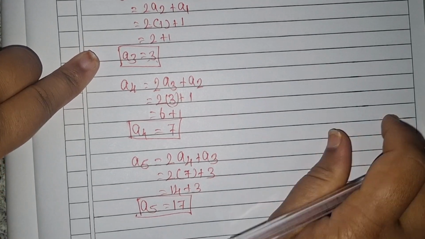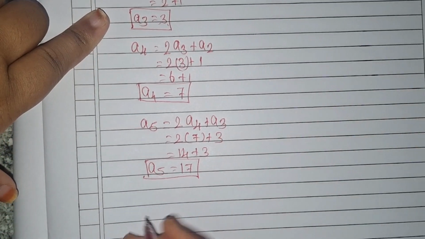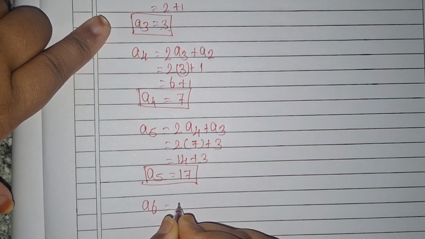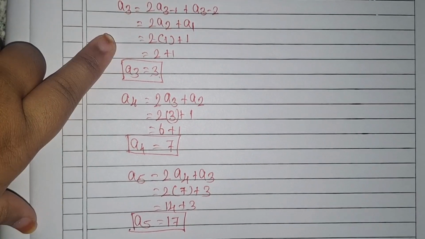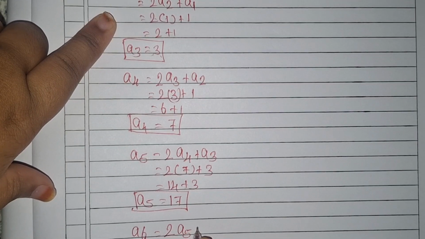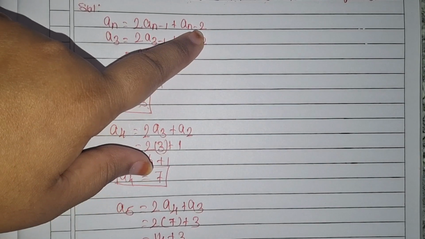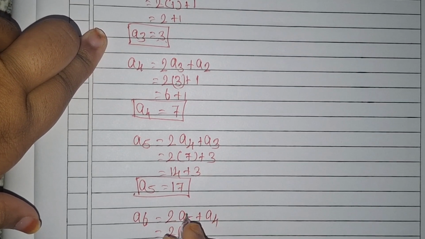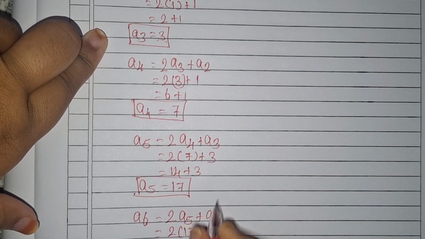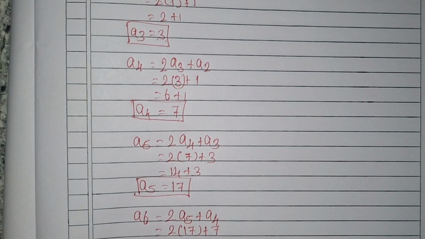Next, a6 is equal to 2. If we apply it, 6 minus 1 is 5, a5, plus a 6 minus 2 is 4, a4. 2 into a5 value 17, plus a4 value 7. 17 2s are 34, plus 7. 34 plus 7 is 41. a6